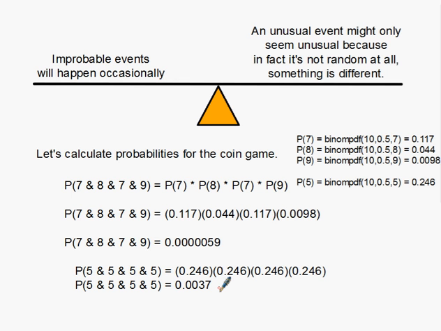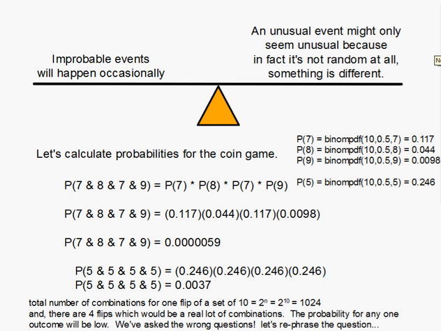What's going on here? Well, what we're doing here by mistake, by using these "ands," is talking about just one combination. Now, there are over 1,000 combinations, some more probable than others, but there's still an awful lot of them. And if we're looking for this one specific combination, that's going to be a real small probability, regardless, just because there's so many. So let's rephrase the question. I hope you're enjoying the review of probability.